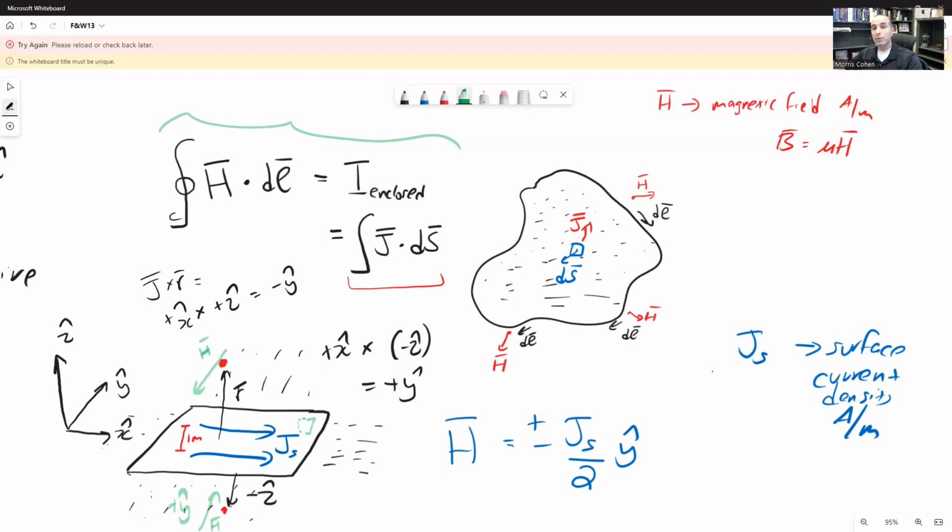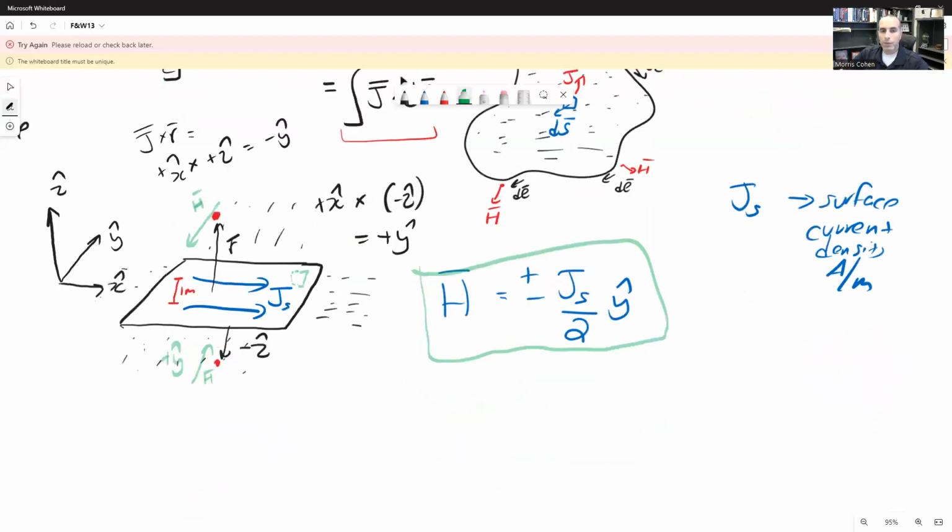The details of how you use Ampere's law to figure this out are in the notes, but the important thing that I want you to spot is that there is a duality between the magnetic field from a sheet current versus the electric field from a sheet of charge, right? Where if I had